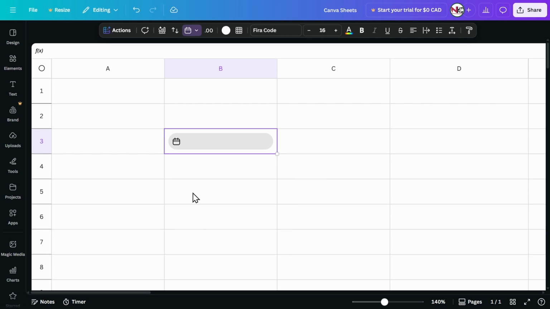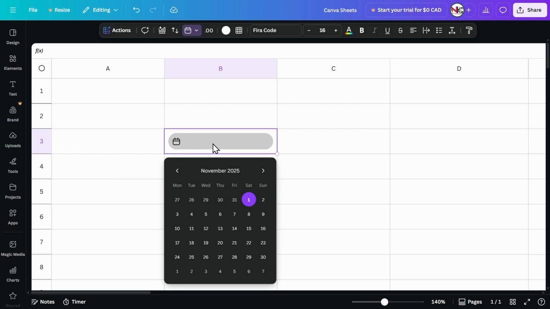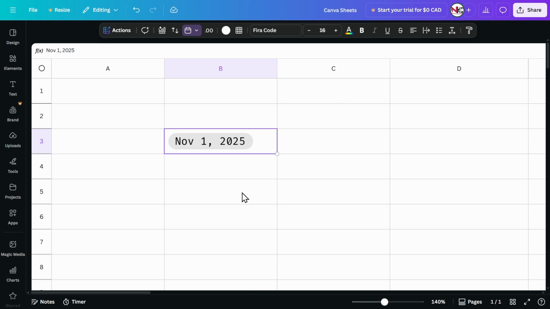Then just click on date, and now you'll see an empty date element. Just click on it, and now you're able to set the date to whatever you want. And then once you're satisfied, you can just click on it or click away, and then you'll see the date